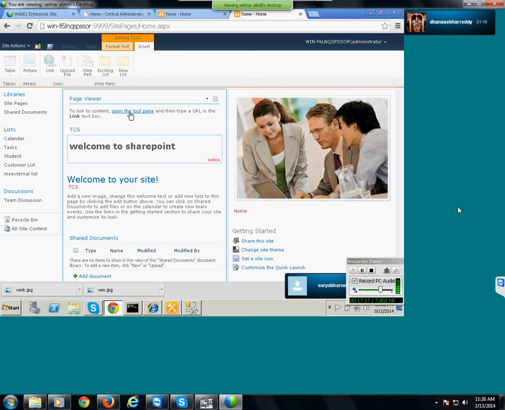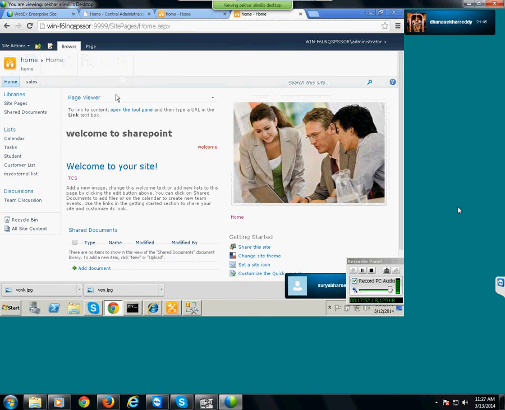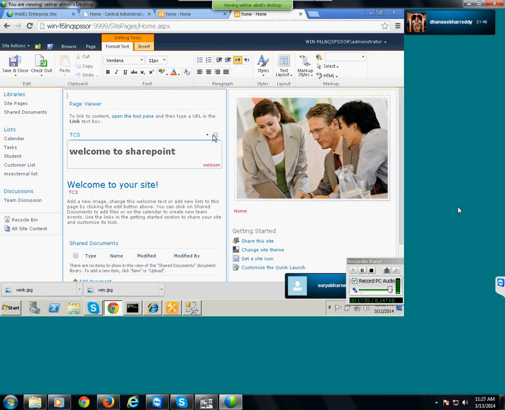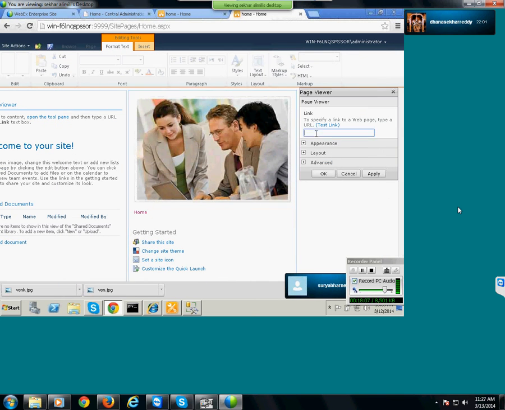Click on tool pane. I'm going to delete this web part here. Now click on tool pane. On the right side we will get the web part properties. I told you already, by using the Page Viewer web part, we can call internal or external sites, right?